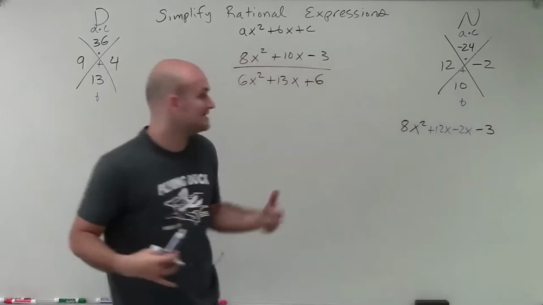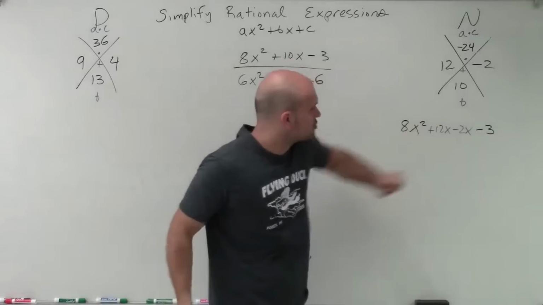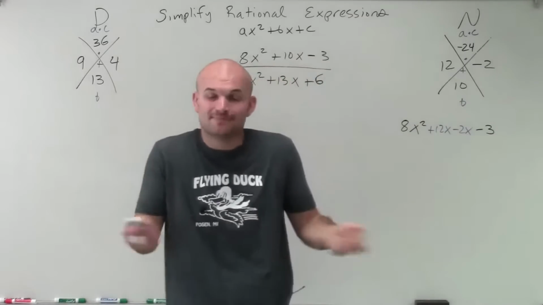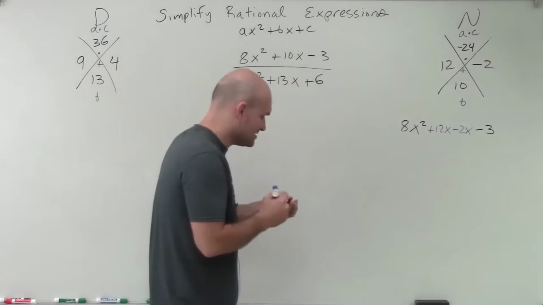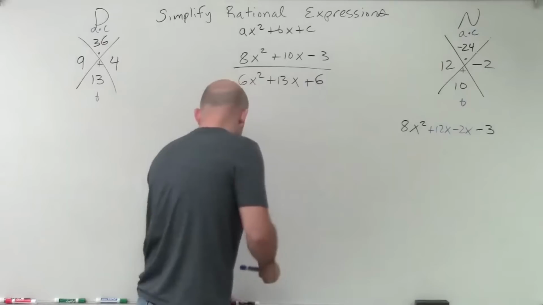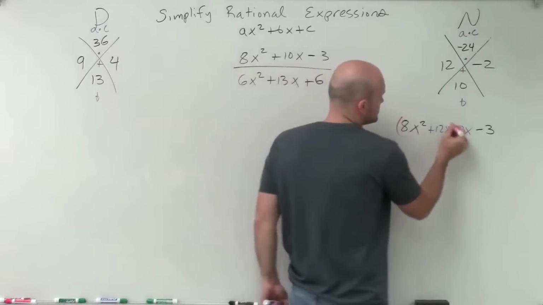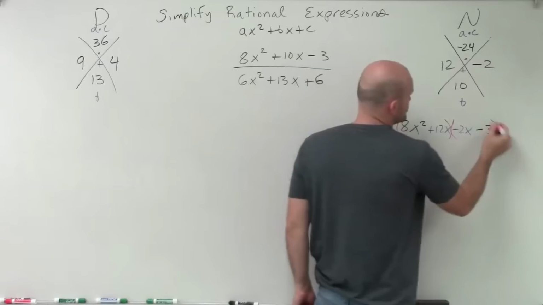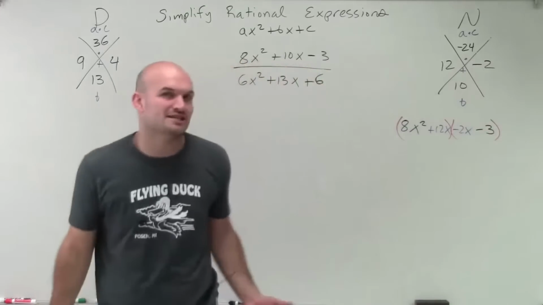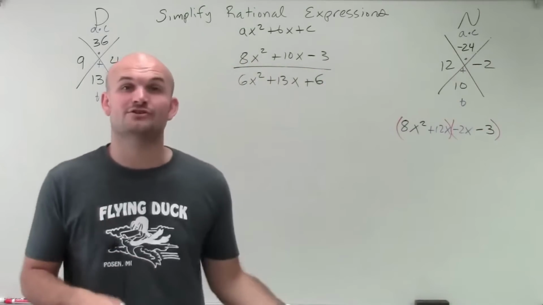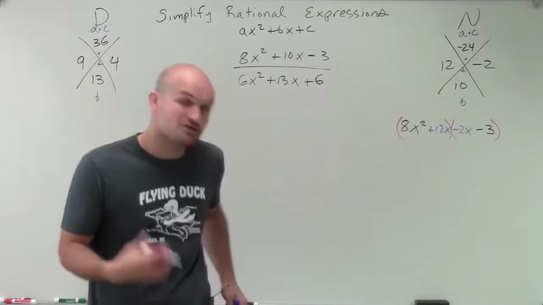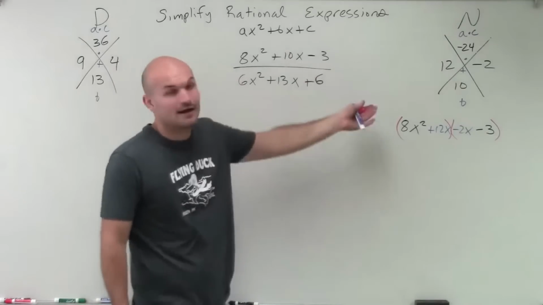OK, so all I simply did is instead of writing 10x, I wrote 12x minus 2x. It's the exact same thing. But the reason why I do that is because now we can use the technique of factoring by grouping. And factoring by grouping we like because we're going to split it up into two different groups, and then we're going to factor by the GCF. And a lot of us are used to factoring by GCF because that's what we first learned when learning how